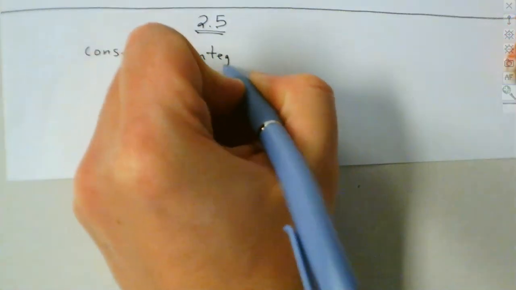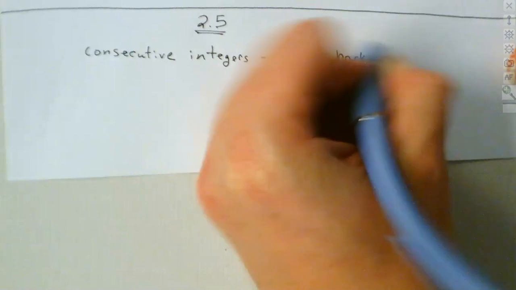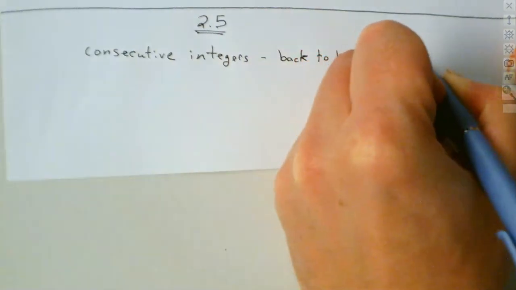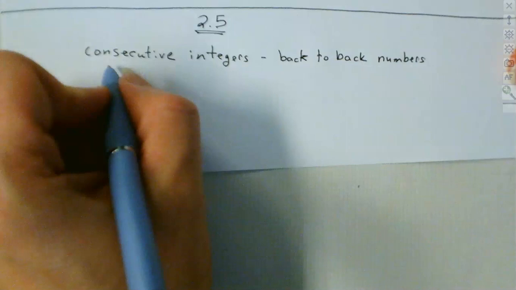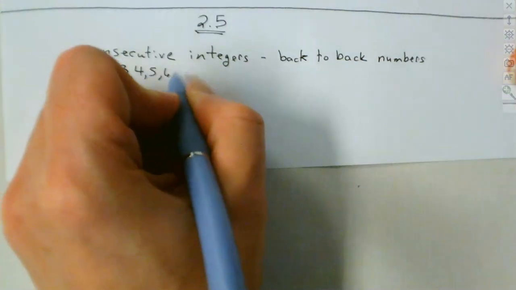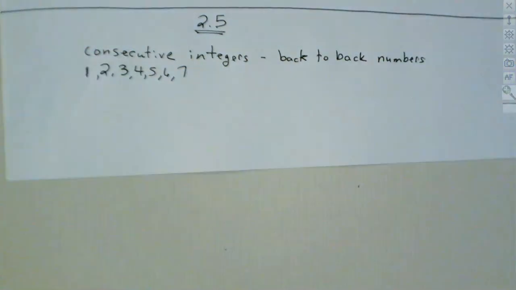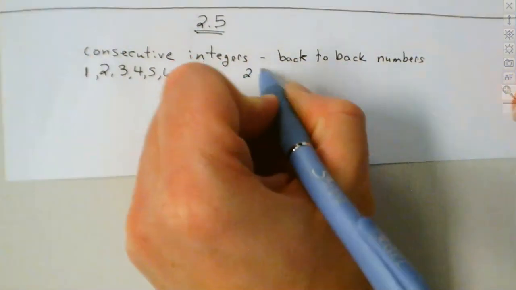Consecutive integers are just simply back-to-back numbers. So an example of consecutive integers might be pages in a book. And 1 is there as well. Those are all consecutive integers. Okay, 1, 2, 3, 4, you could even go up to something like 250,